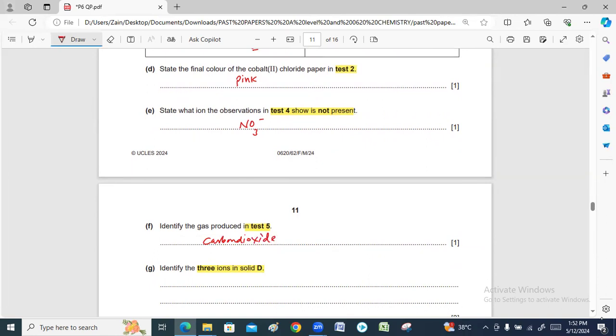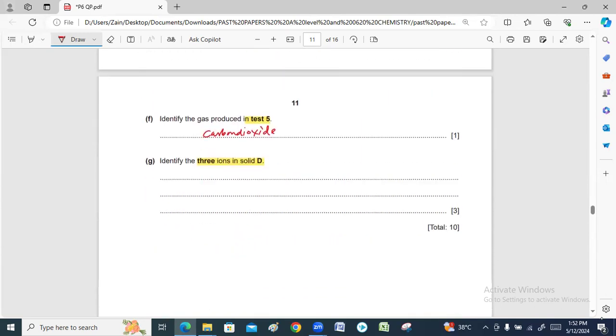Identify the 3 ions in solid D. I've already explained that yellow flame test for Na+, a green precipitate with sodium hydroxide, either of Fe2+ or chromium 3+, and then effervescence with dilute nitric acid or hydrochloric acid, carbonate. So these are the 3 ions which are present, and 3 ions mean 2 cations and 1 anion. Then